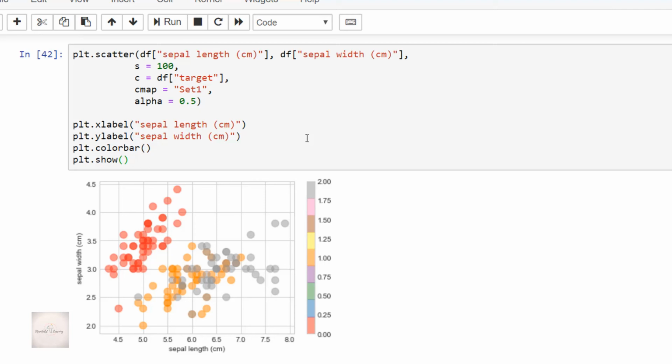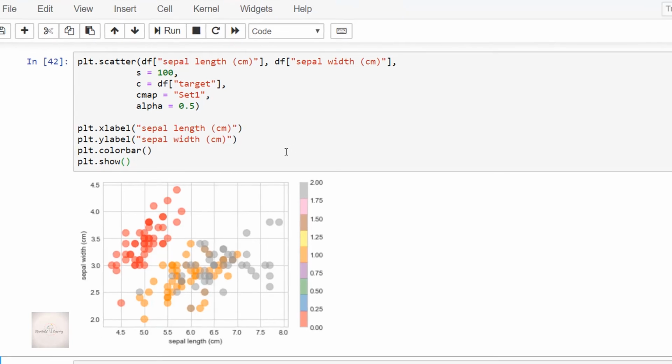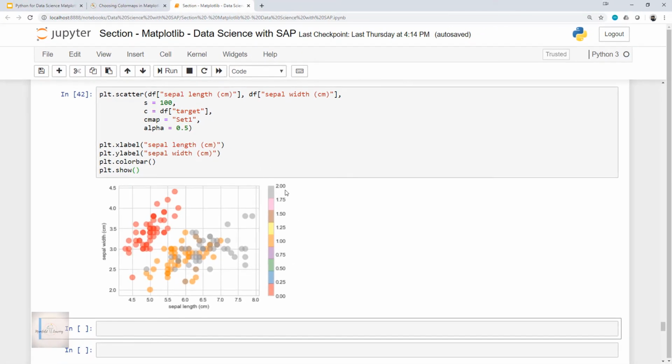Along with that, we have got the plot with the desired cmap, that is Set1, with a transparency level of 0.5. Correct? So guys, finally I can say that this kind of multicolor and multi-feature scatter plot is very useful for both exploration and presentation of the data.